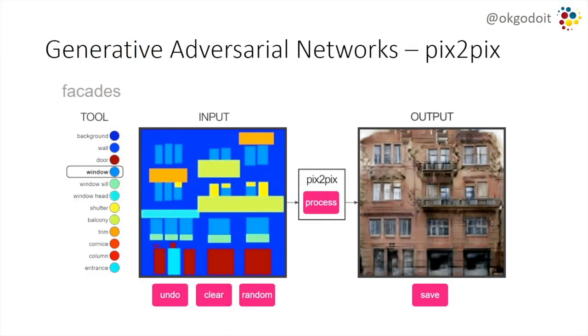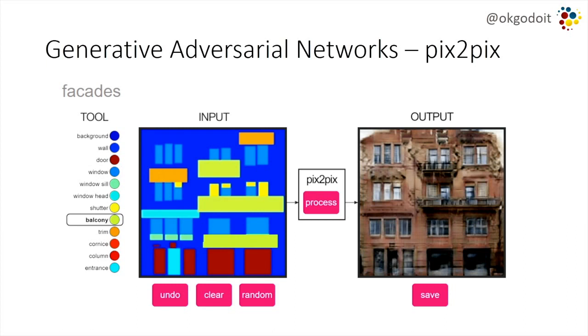So something called Pix-to-Pix. This recently came out, I think, earlier this year, maybe the tail end of last year. And the idea is to train a network to take an input of some sort of rough image. In this case, it almost looks like MS Paint of a building facade. So the front of a building, where we're basically having a basic diagram. We want to process it into a photorealistic preview. So let's say you're an architect or something, and you want to see what would happen if I put a